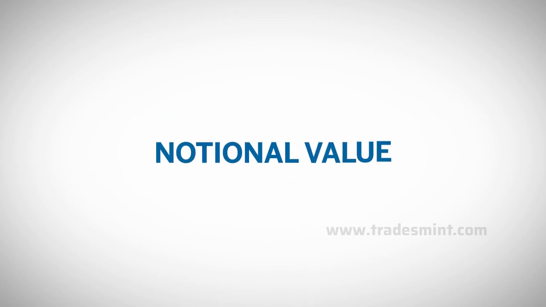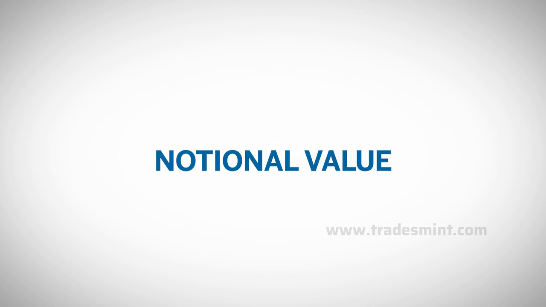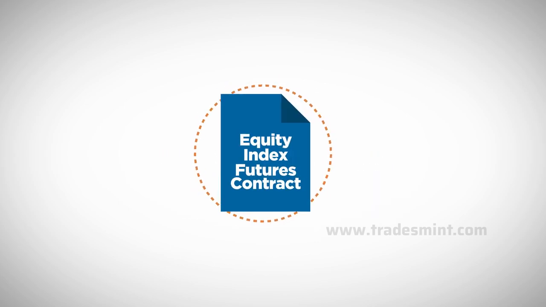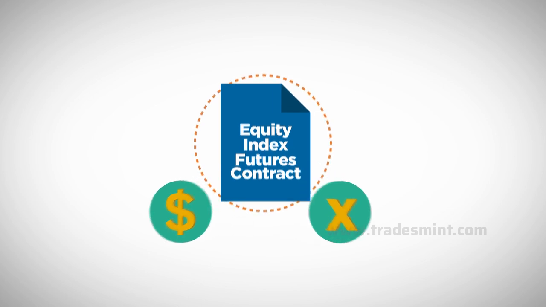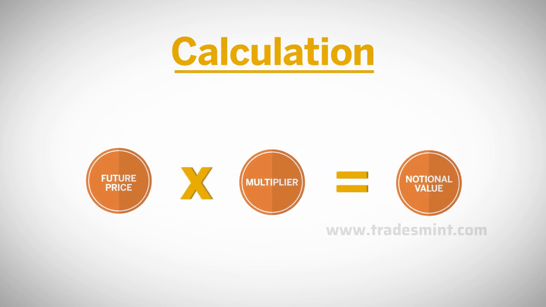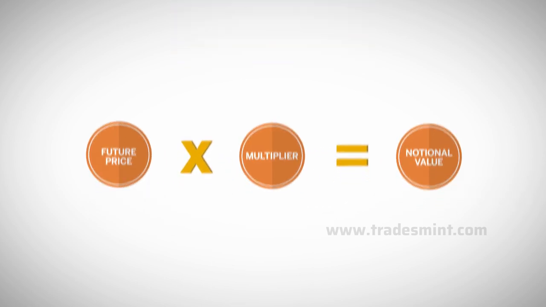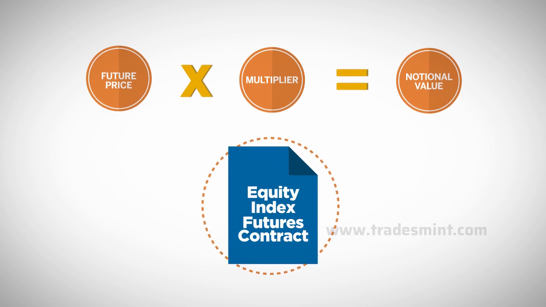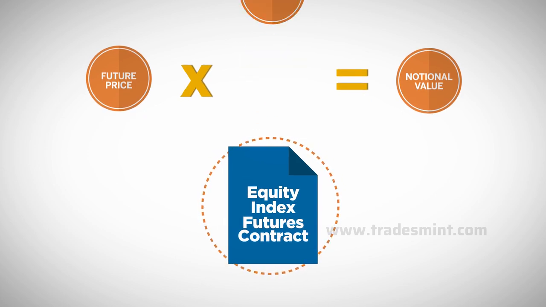Every equity index futures product has its own notional or financial value. For equity index futures, the notional value is based on the futures index price and a fixed multiplier. This calculation may be expressed as futures price times multiplier equals notional value. The math for calculating notional value is the same for all equity index futures, but the multiplier will change with